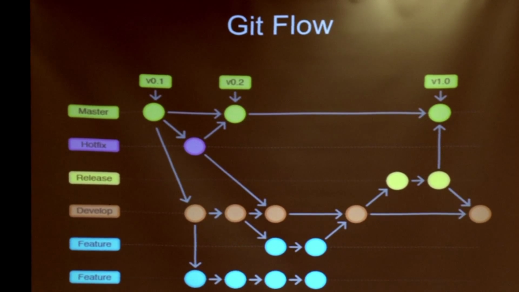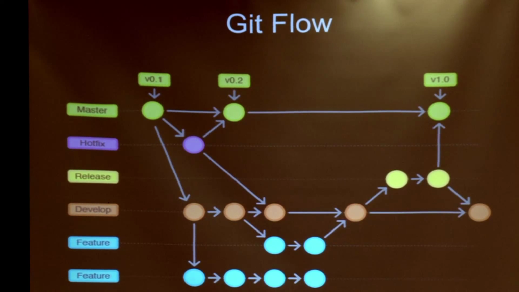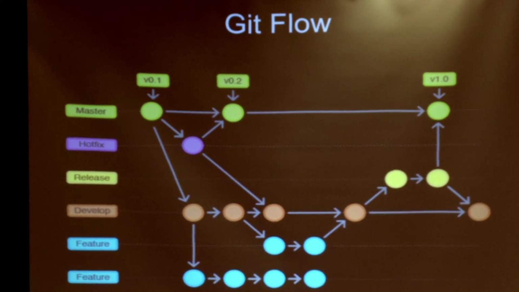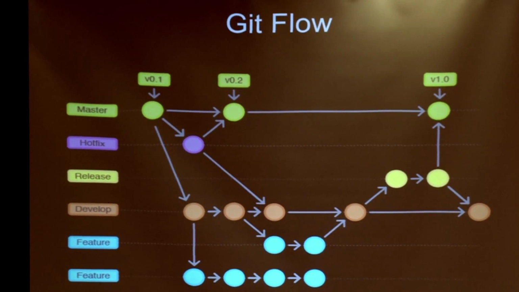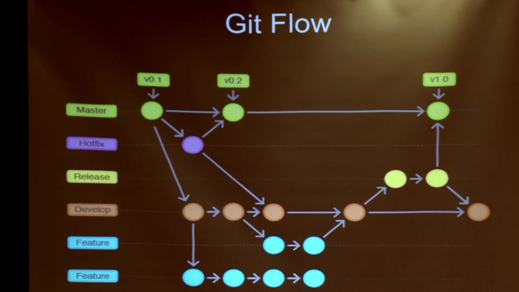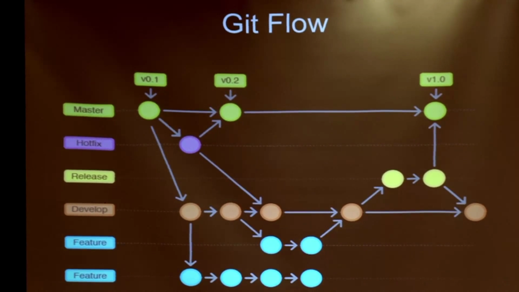Let's say that in your version that is already on master, an end user found a bug. This is when you create a new hotfix branch from master, fix your bug, and then deploy it to master to fix the problems of the end users. Also, you need to merge it back to develop, so you have these changes there too, and they're not interrupting the work of your colleagues. So that's the Git flow.